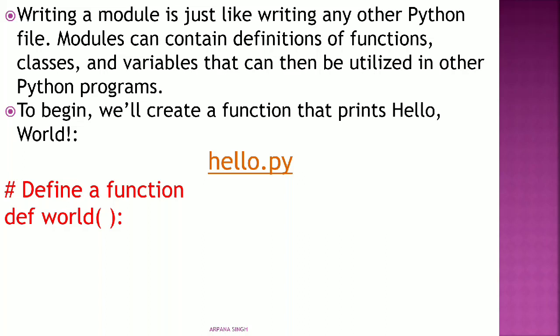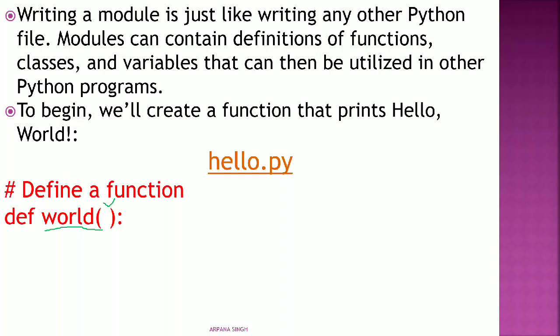Here, you only understand this much, that def is the keyword that is used to define a function and world is the name. You can use any function name here. I have used world, and this is round bracket, which is used after every function. In the previous part of this video also, you have seen many function names being used. They all were followed by round brackets. So world is any user defined function, def is the keyword,